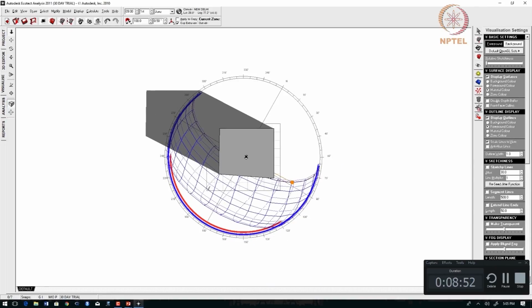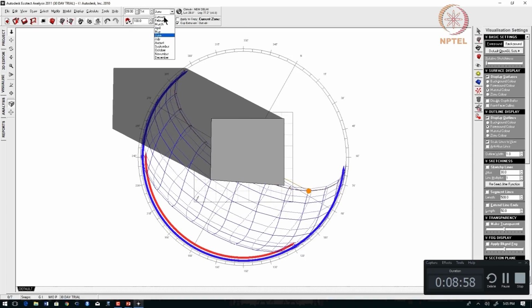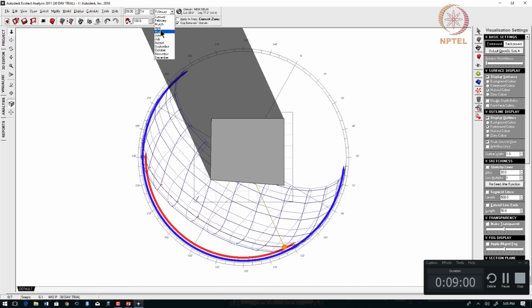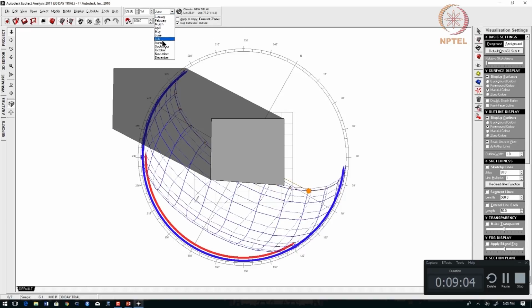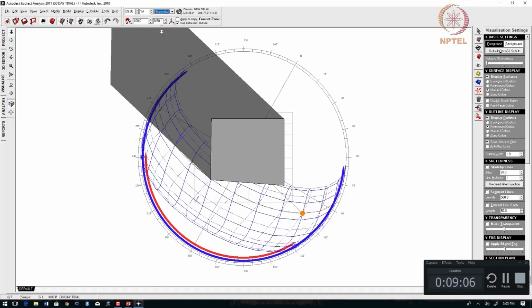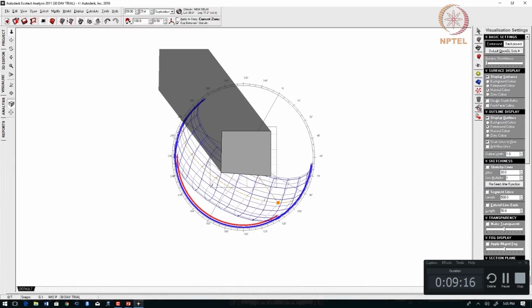Here I can see the extent of the shadows, how far the shadows are going, and I can scroll this down to different parts of the year and check what the shadow will be and what the sun's position will be. So, this is one analysis that can be done.